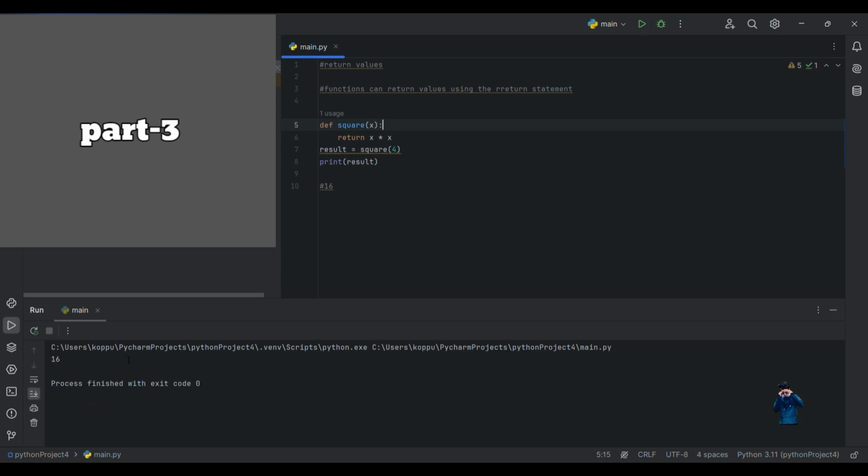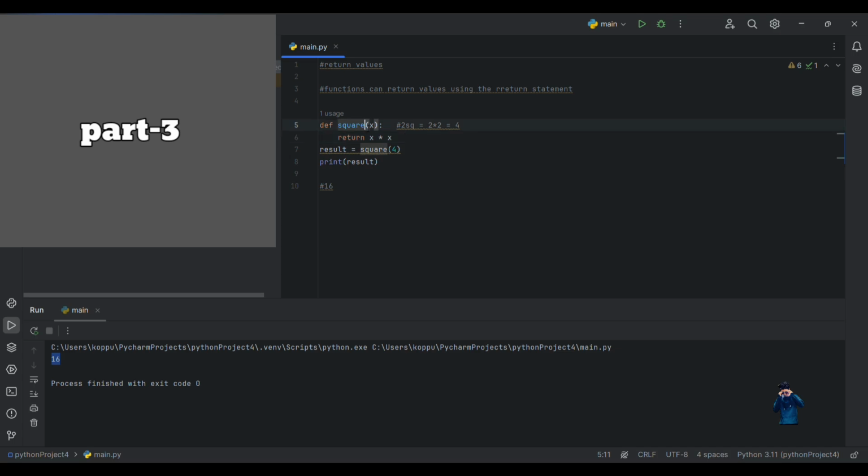So here, guys, the output is 16. Why do we get 16? First of all, understand the code. Now def is a keyword, and I want to give a square like x. In mathematics, you know 2 square is equal to how much? 2 into 2 equals 4. In this mathematical way, and in this coding way,